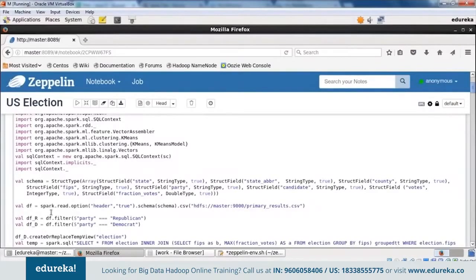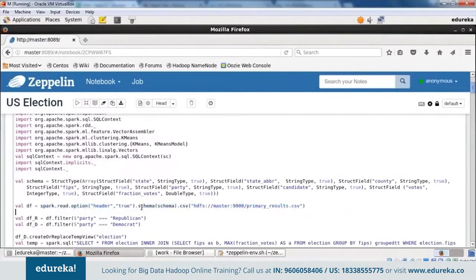The next thing you need to do is that Spark needs to read the data set from the HDFS. For that, you have to use the command spark read, option header true. Header true means that you have told Spark that my data set already contains column headers, because state, ABBR, they are nothing but column headers. So you don't have to explicitly define the column headers for it. Neither will Spark choose any random row as a column header. It will choose only the column headers your data set has.